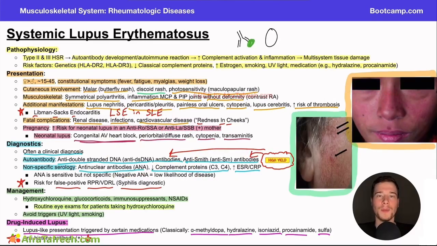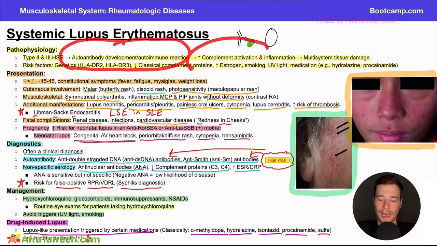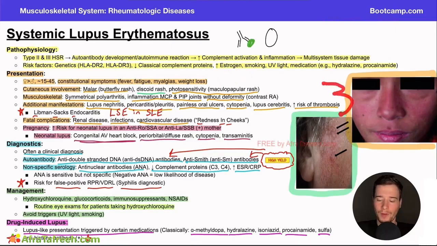So just a quick summary to wrap up this video. Tons of content here. Feel free to watch again if needed. But systemic lupus erythematosus consists of a type 2 and type 3 hypersensitivity reaction. It's a systemic, widespread bodily reaction, an autoimmune reaction in the body that activates the complement system, leading to increased inflammation and ultimately tissue damage and destruction. Presentation is typically going to be a woman of middle age with a variety of different findings here. Again, skin findings, musculoskeletal findings, kidneys, lungs, everything can be affected, including the oral ulcers that they can often ask